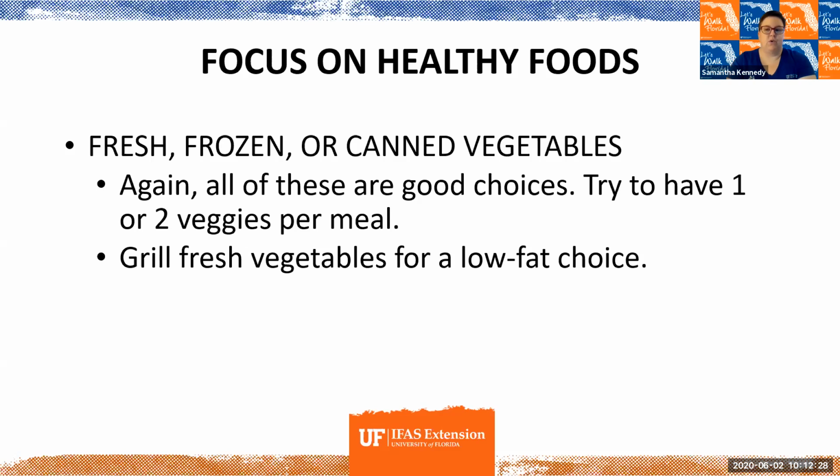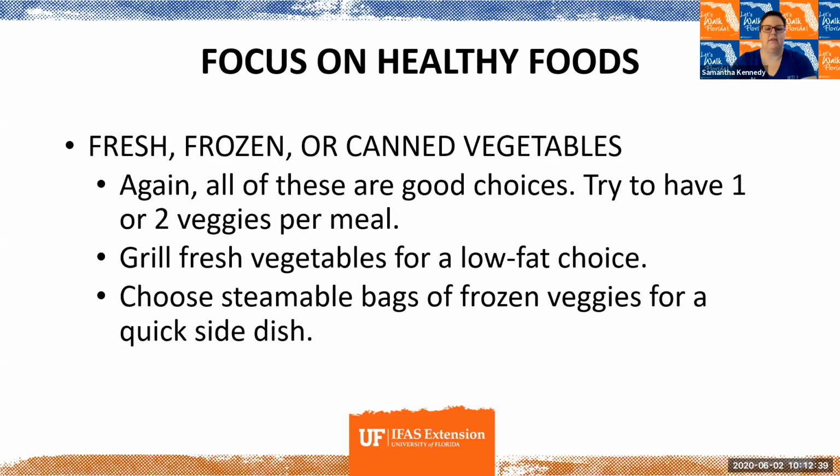Grilling is always a good choice, and we're going to talk a little bit more about cooking techniques later. But grilling is always a low-fat choice of food preparation. You can also get frozen bags of vegetables that can be steamable in the microwave, and steaming is another healthy